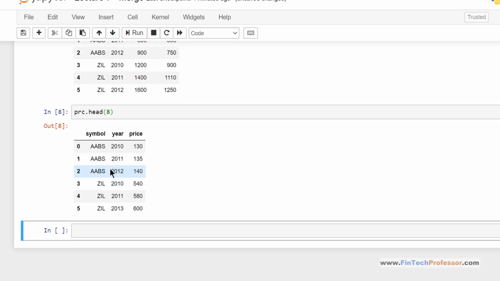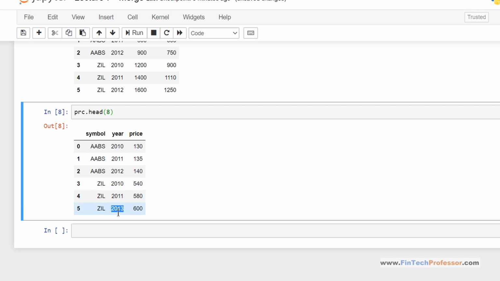In the second data set, we have share prices data. Again, we have three observations for AABS 2010, 11 and 12. But this time for ZIL, we have three observations, one for 2010, 11 and this is 2013. It is different from the previous data set where the last observation is 2012.